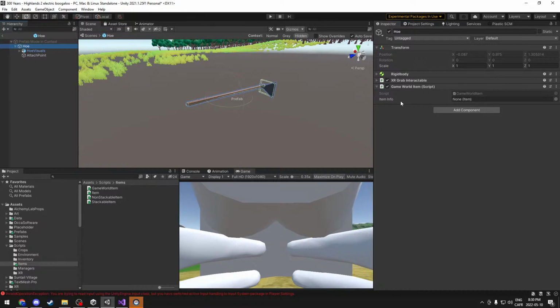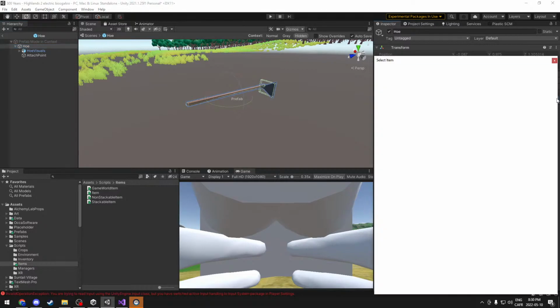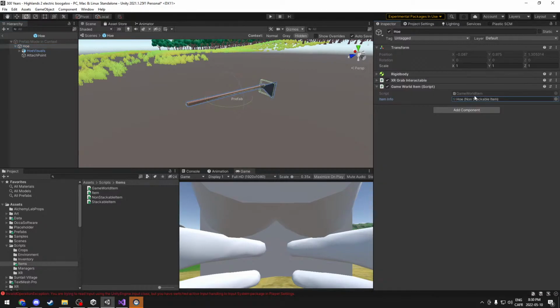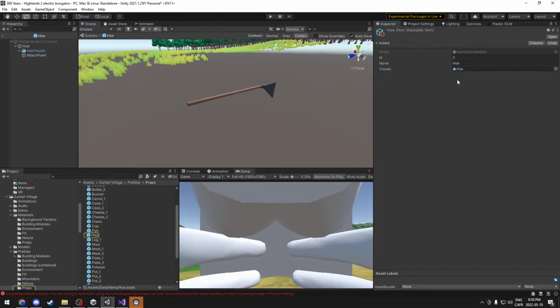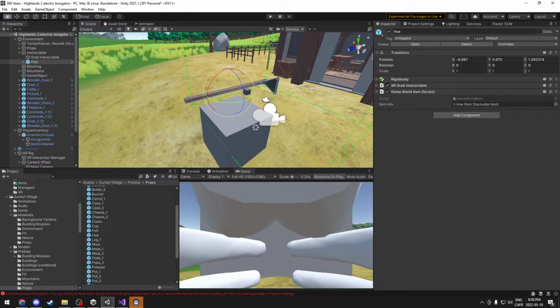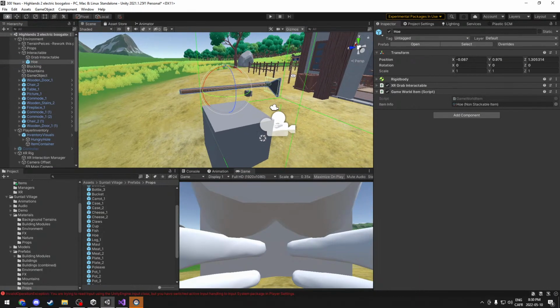Yeah, that's exactly what that is. I have my item info here, so I'm just going to grab the one I should have, which is the hoe. And on the hoe, we have an ID, a name, which I'm not exactly sure I need, but I'll have it for now, and then the actual visuals. Not exactly sure I need the ID or the name in this case, but